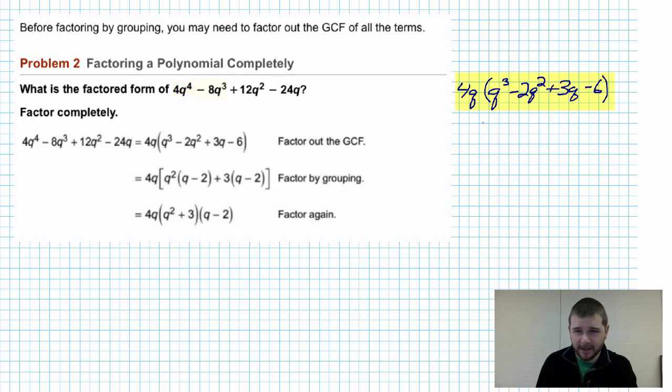That would be minus 8q to the third power. Good. 4q times 3q would be 12q squared, a positive 12q squared. And 4q times negative 6 is minus 24q. Perfect. So now that that is done and we've factored out the greatest common factor, then we set to work